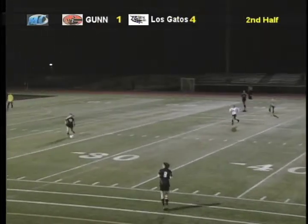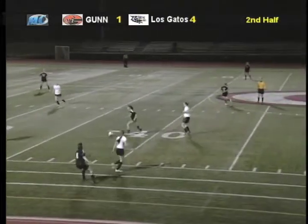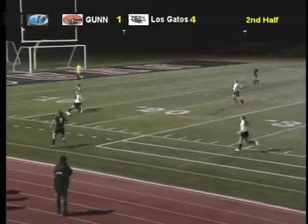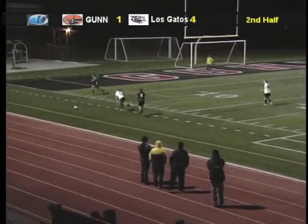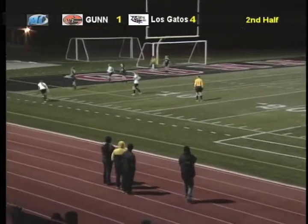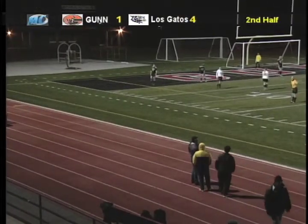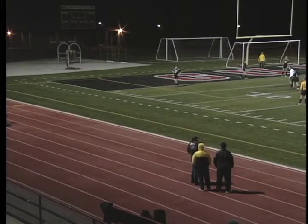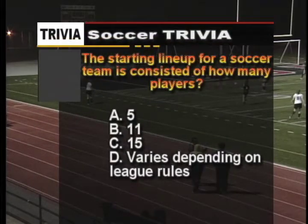So Los Gatos in its own end here. Not much going on, but Rosenberg will try to change that. Karamanos back to Holmes. Rosenberg again. Holmes back to Rosenberg. And Gunn trying to grab it, and Los Gatos hits it out, so a very successful attempt there by Gunn. And Gunn trying to make some noise offensively, playing the defense, but then also able to...